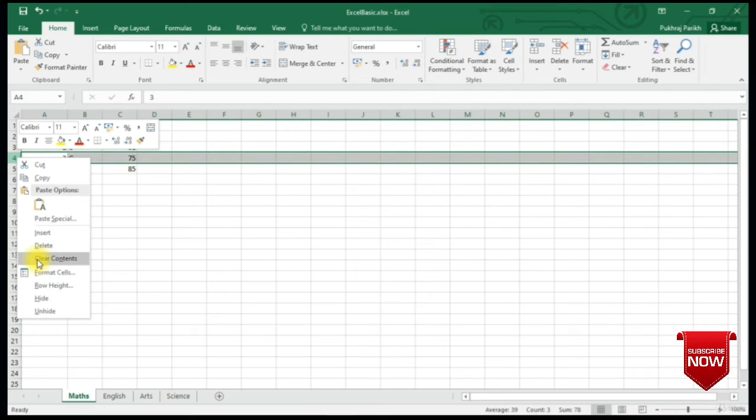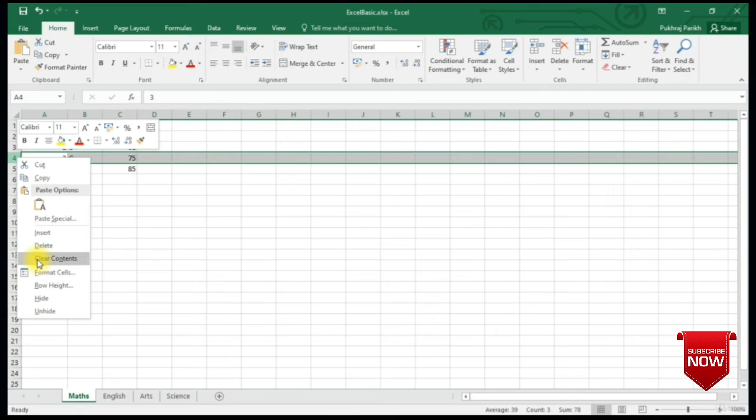There is a slight difference between clearing content from a row or deleting the entire row. When we delete the entire row, that row is removed from the worksheet and the row below takes its position. But when we clear the contents, the row stays in the worksheet, only the data in that row is cleared.